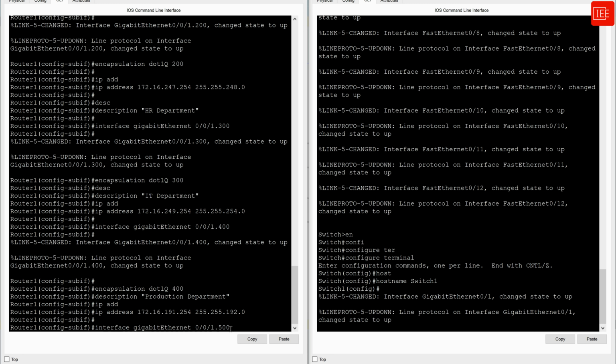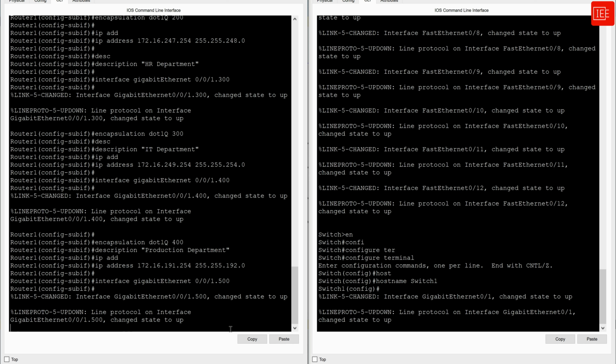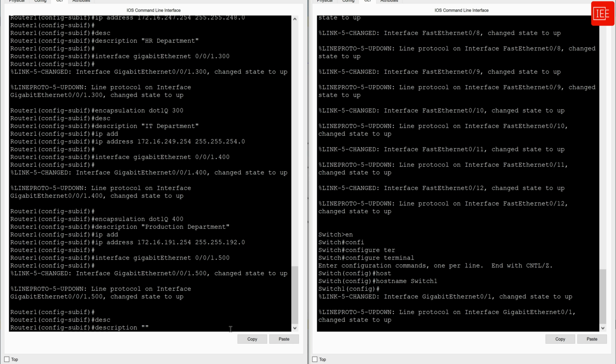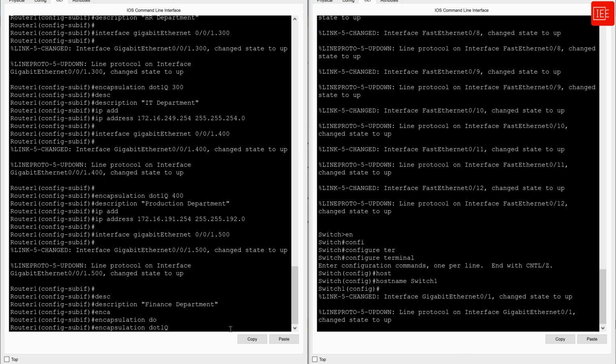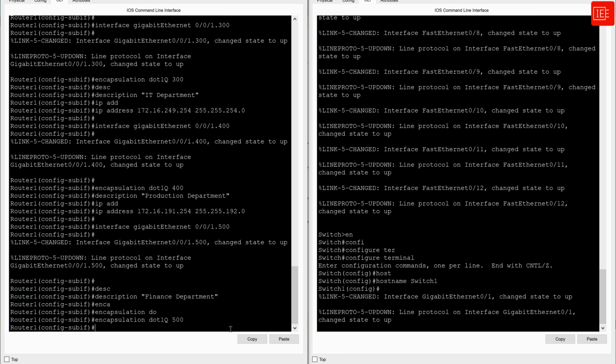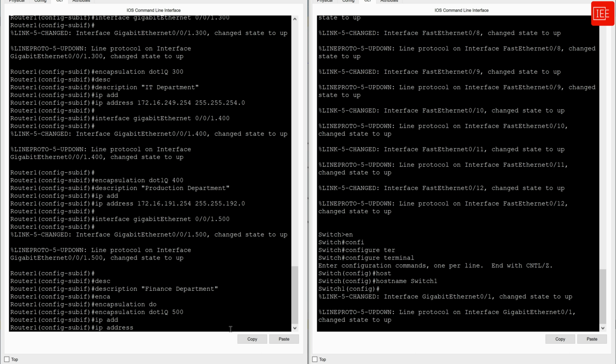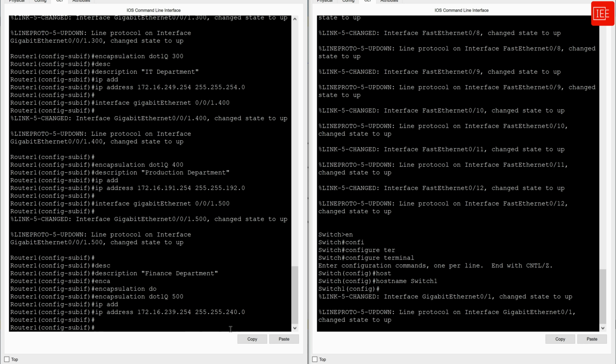And the finance department will be associated to interface GigabitEthernet 0/0.500. We set the description. I'm going to say finance department. And we're going to set the encapsulation dot1Q to 500. And then we're going to set the IPv4 address, which is going to be 172.168.239.254, and the subnet mask is 255.255.240.0. And then finally, we are going to tackle the distribution department,